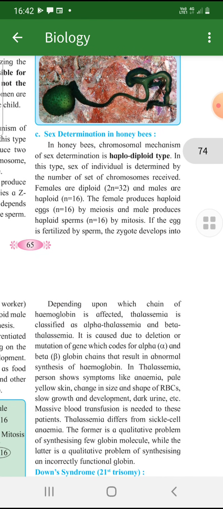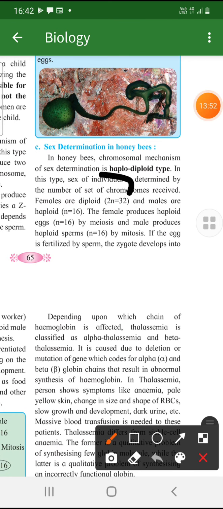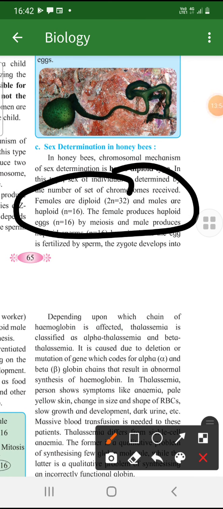Alright, then next is the sex determination in honeybee. Here the characteristic is a little different, it's tricky. If there is a fusion, you get two, see this part. If a female has 32 sets, that is 32 in pairs, so it's a female. But if fusion didn't happen, through parthenogenesis, if the egg itself develops without fertilization, then it will be the male. That will be explained to you, don't worry.